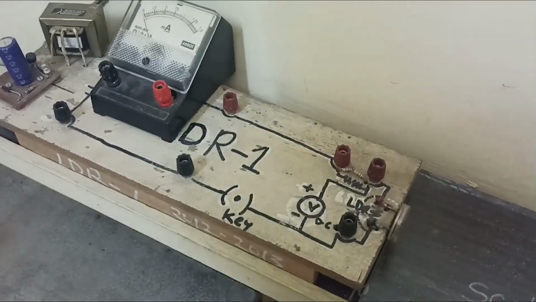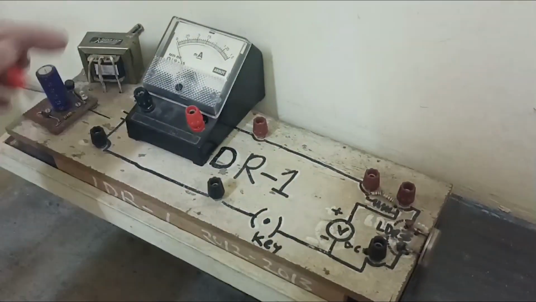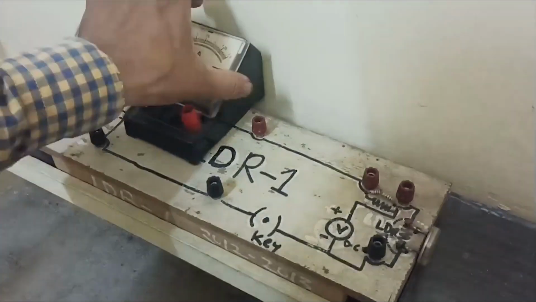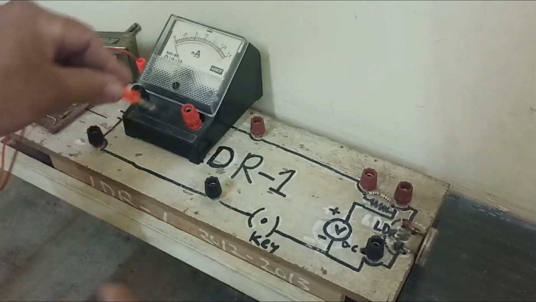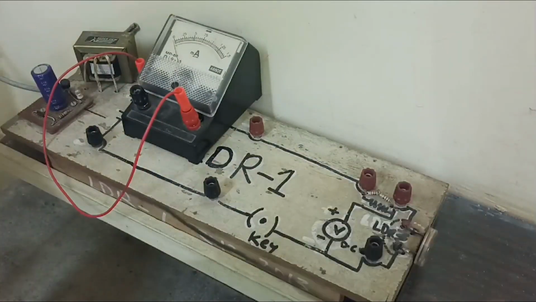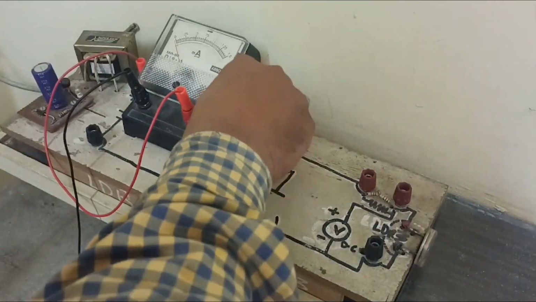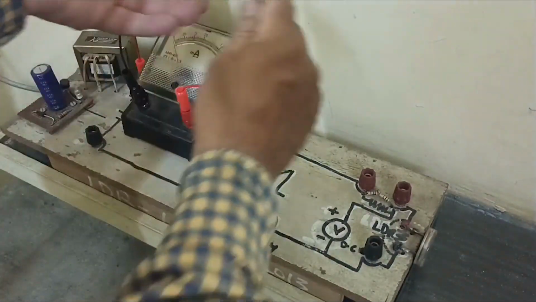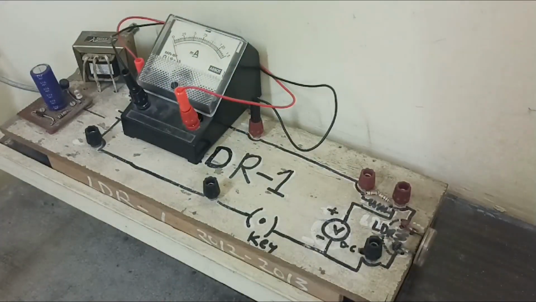Now the connection of this ammeter: this supply one pin is here. This is the milliammeter. It is connected to the positive, and the negative of this milliammeter has to be connected here. Connect. And after that you have to connect